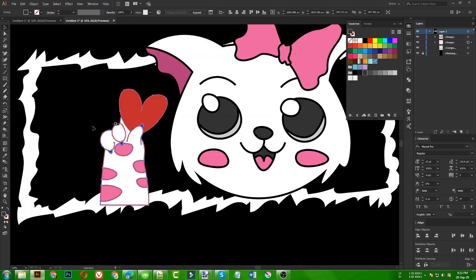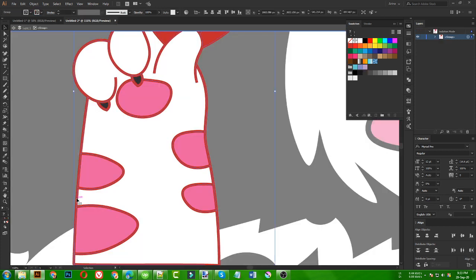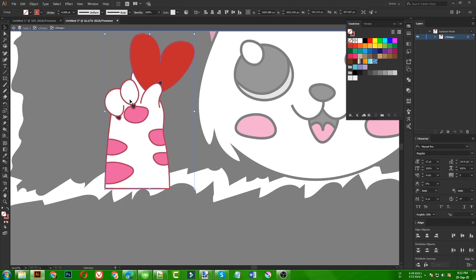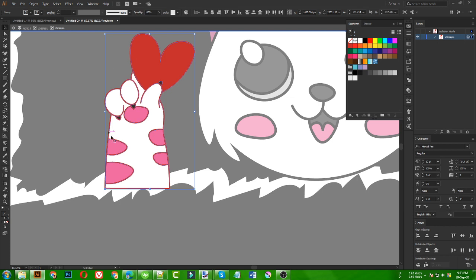So once it is done, my painting is done, you can see I kept here the black outline, but here is the red outline, so I need to just expand it. Once it is expanded, I can simply click on this strokes area here, and if I just keep clicking, it will select only that stroke. So once this stroke is selected, I need to go to Select, Same, then Same Appearance, and it will select everything that has that same stroke color.